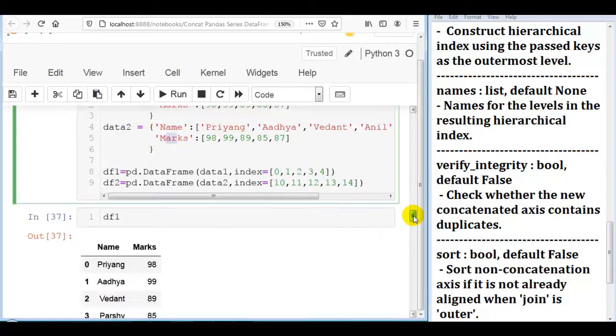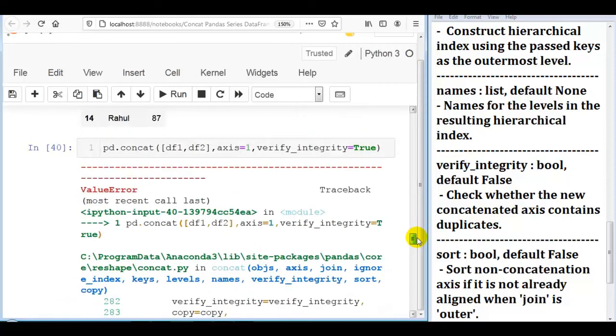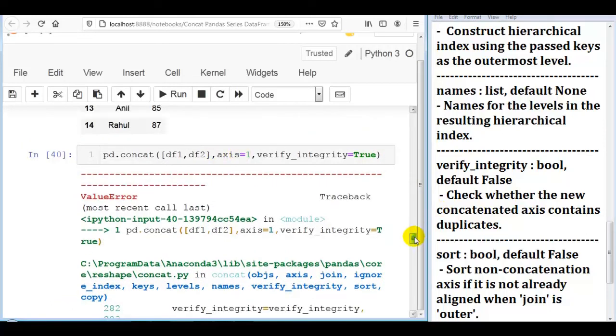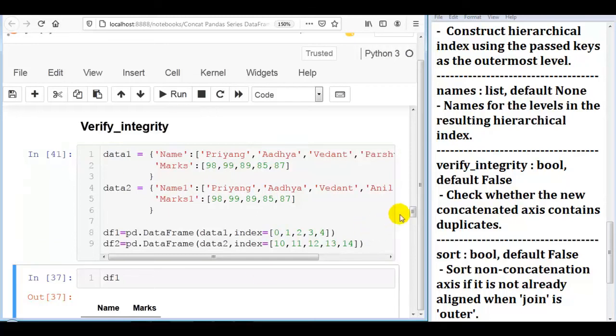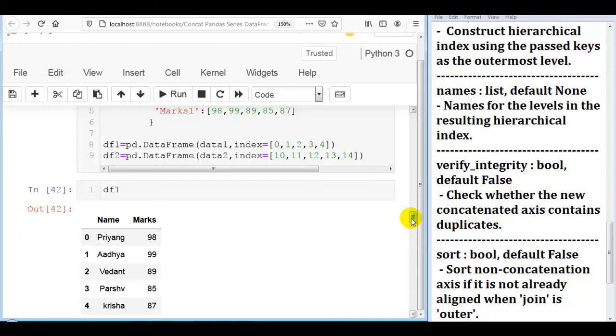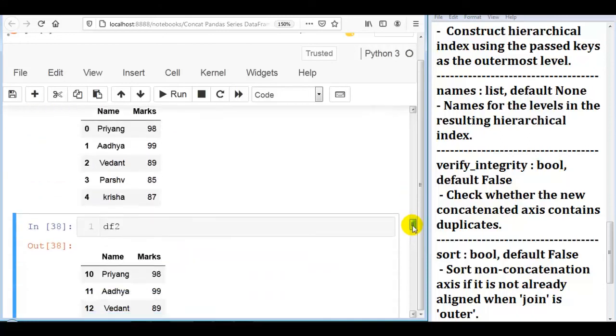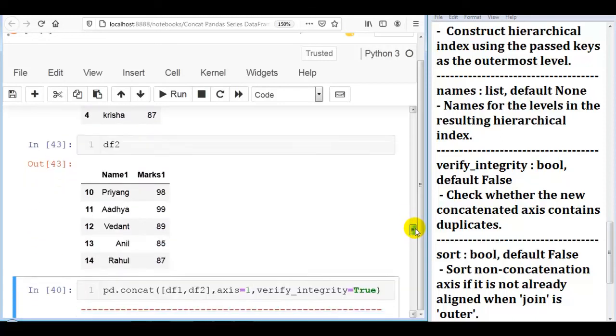So if we want to remove this ValueError for axis equal to 1, then we have to change column names. So let me change them to name1 and marks1. So let us execute these data frames. As you can see over here, our df1 has column names name and marks, and df2 has column names name1 and marks1.